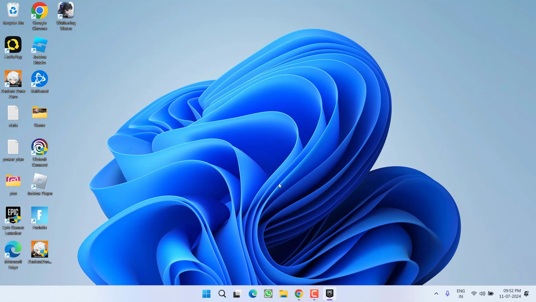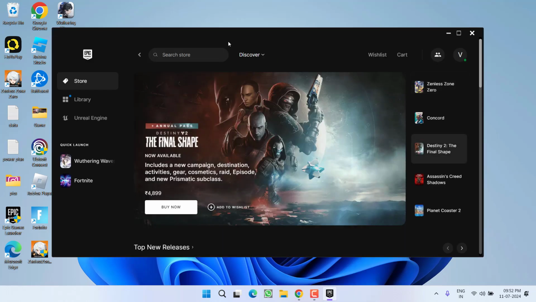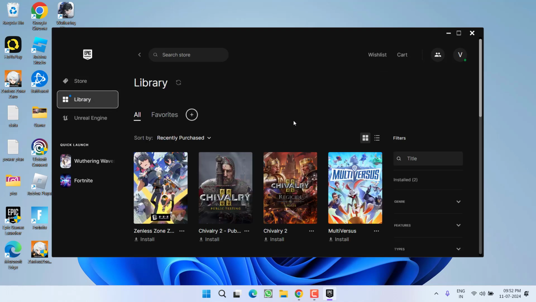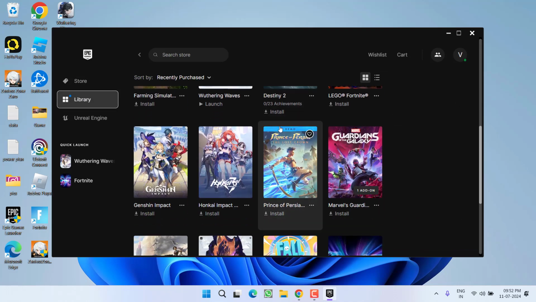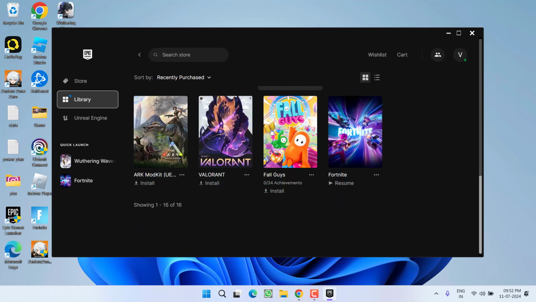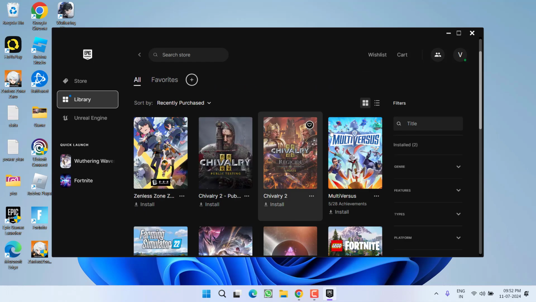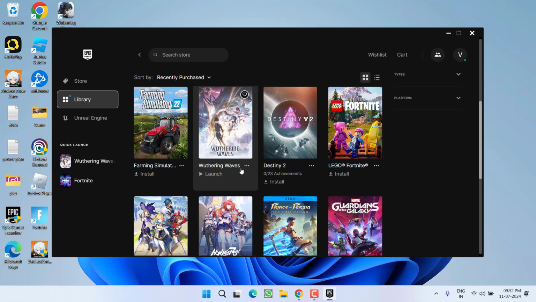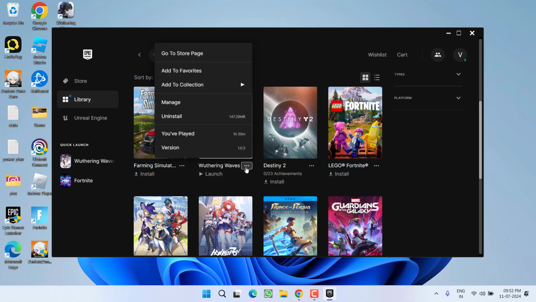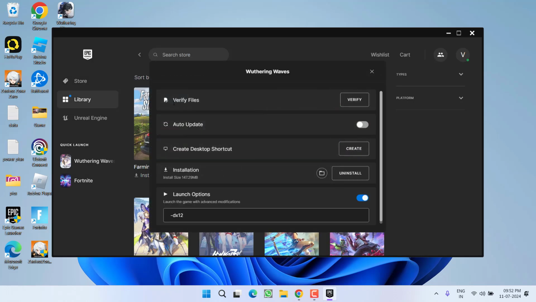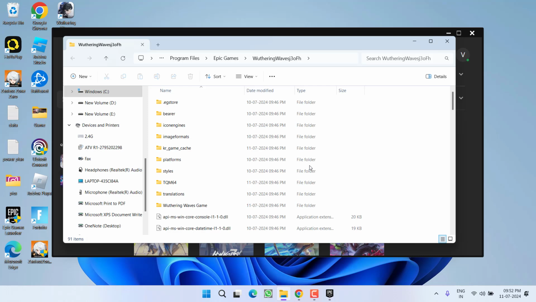You need to use Epic Launcher for the third step. If you have not installed it, install the Epic Launcher, click on the library option, and you need to use the Epic Launcher to install the game. Right in this Epic Launcher, here is the game installed. You need to click on this three dot icon and choose the option Manage. Now here, next to the installation, you will find the option of a file icon. Click on it to open the directory of the game.